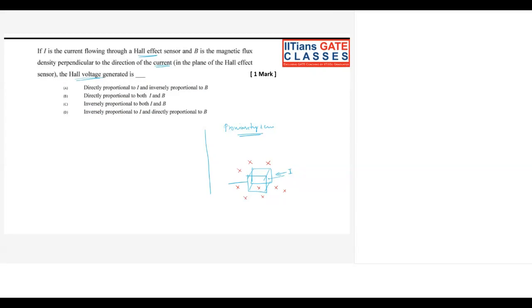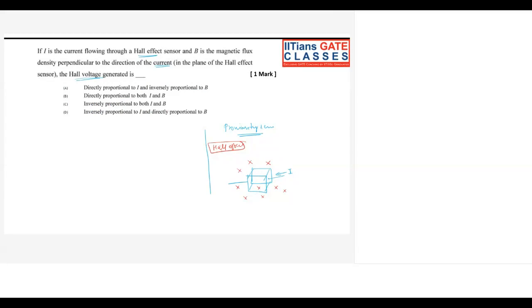So from the Hall effect, there is one principle that we call the Hall effect. What it says is, if you have a conductor or semiconductor, and you are passing a current I through it, and you place the conductor in a perpendicular magnetic field, then voltage will be developed on the surface of the conductor, and this voltage will be perpendicular to both the current as well as your applied magnetic field. So if you see here, the current direction is here, and the magnetic field is inside your laptop,